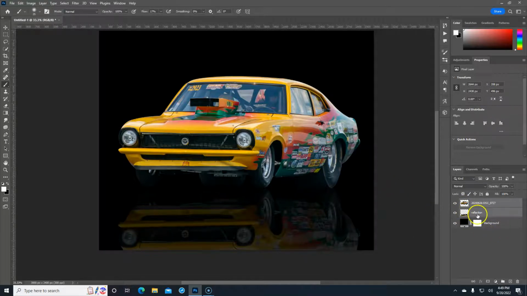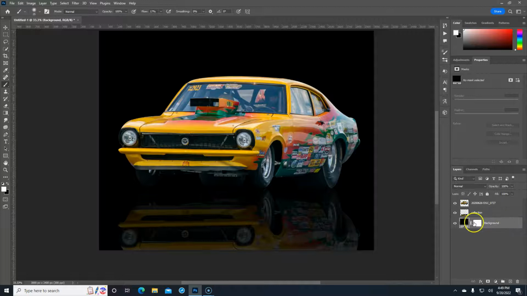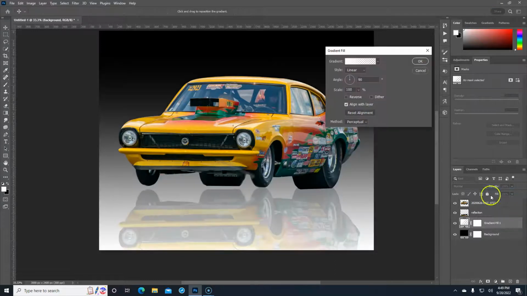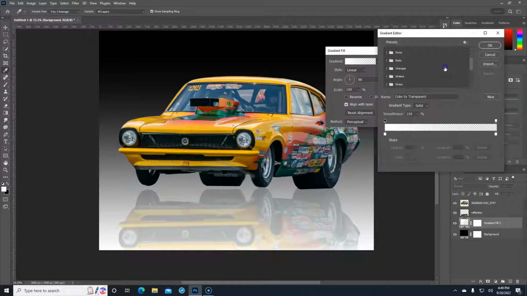Now let's go above our background layer, and we're going to add a gradient. Alright, so when your gradient fill box comes up, on this gradient part here, just click in that. And then you go down to legacy gradients. Now if you don't have those, if you go,